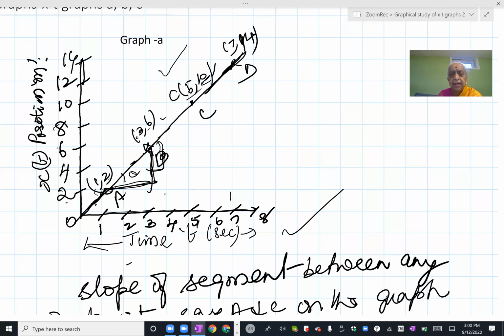You don't have to take anything blindly. It only goes by logical inferences and observations. So y coordinate difference by x coordinate difference will give me the velocity for a particular interval of time, or a very small instant, at that particular instant, whichever instant we are taking. Here, if you analyze the line, all of them are in a straight line. So all the angles will be equal by virtue of being corresponding angles, and therefore the tan values will be the same. So velocity will remain the same throughout the journey, throughout the observation of the 7 seconds that we have noted down here. That means it is a uniform velocity case.